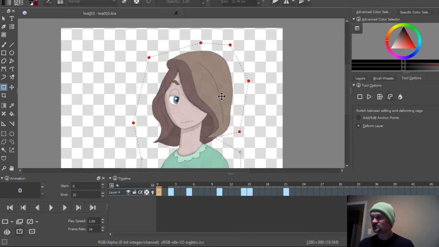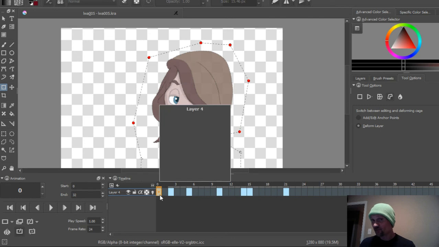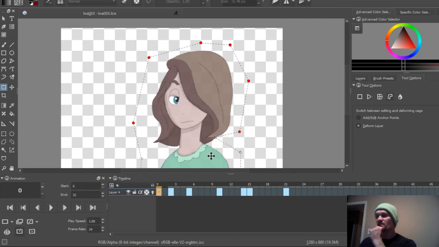Now if I hit the cage tool again on this frame, okay, let me think about this. If I hit it on this frame, it remembers its cage. If I were to go to a different keyframe, it would lose that. So here's what I'm wondering. What if I just try this. I'm going to go Control, copy. I'm going to go back to this frame. I'm sure this isn't going to work. Yeah, see, so I lost the cage. So that's the downside. Hopefully this is something the developers will tweak in a future version,